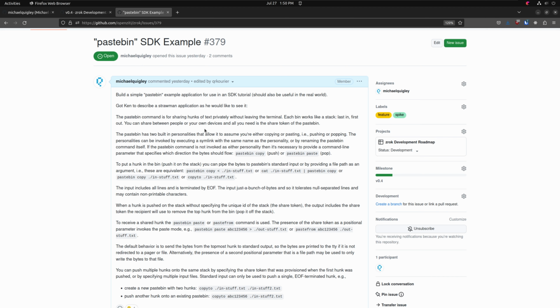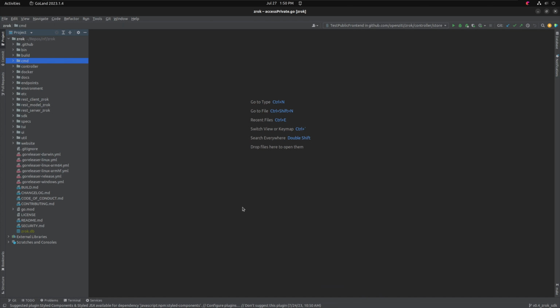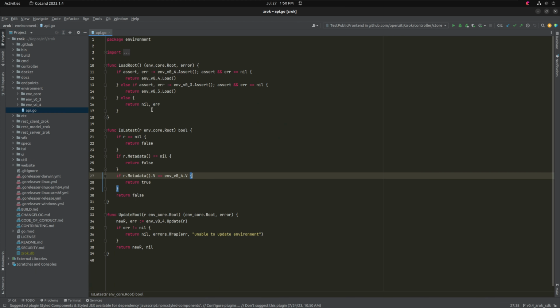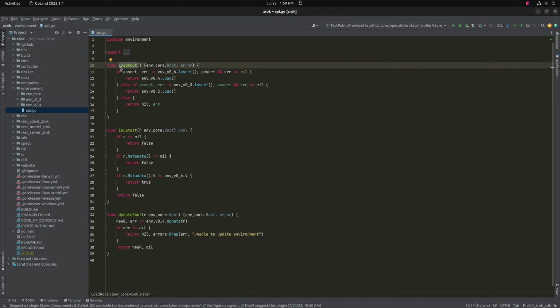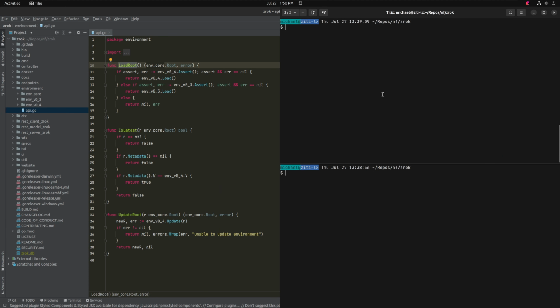So let's take a look at what we've got for an SDK so far real quick. If you watched the previous Office Hours video, we did some refactoring on the environment package so that there's now a high-level environment API that lets you call this load root function. And that's really about, if you look,